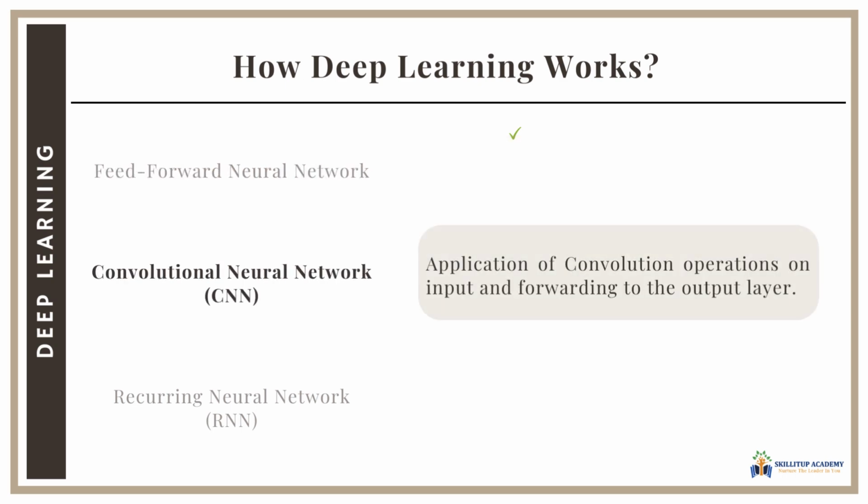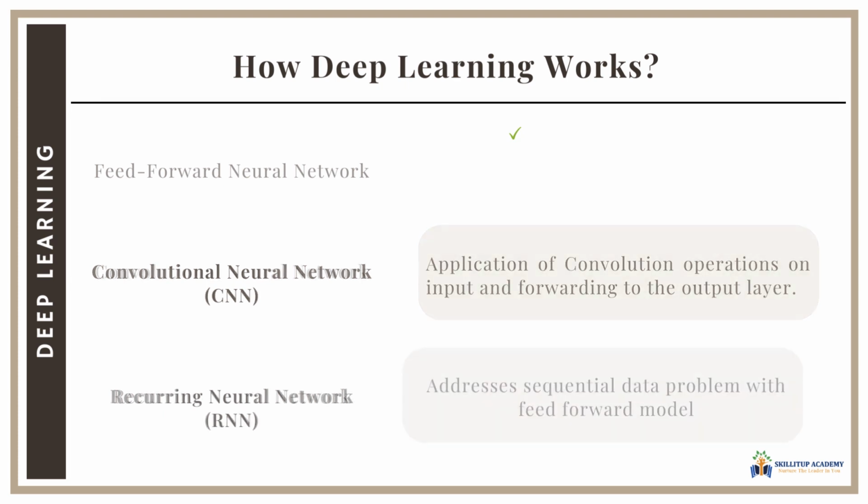Next one is CNN, that is convolutional neural network. This is mostly applicable for image processing. The CNNs automatically select the features and classify the images. There is no need to feed the features to CNN. It's able to find hidden and relevant layers for the learning purpose. It applies the convolution operations on the input data and sends the output to the next layer. Does it sound too complicated? Well, let's try to keep it as simple as possible to understand.